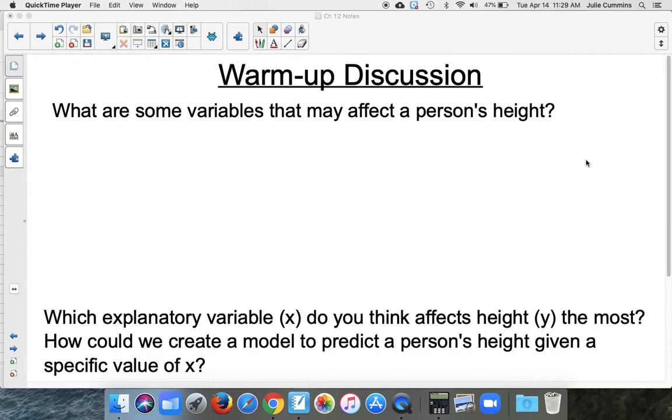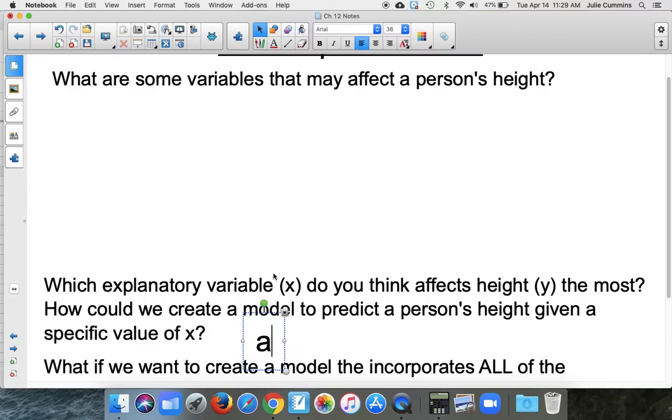This is 12.4. So we're going to start out just kind of talking about something to get some ideas going about the direction this lesson is heading. So let's say that we want to predict what someone's height is going to be, okay? So we want to think about the variables that might affect the person's height. Clearly, one of those would be